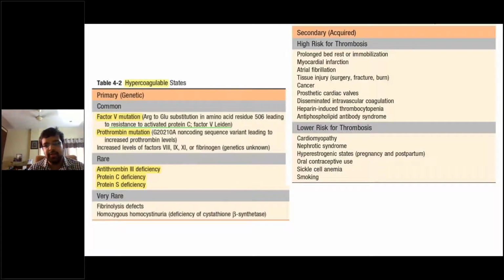So basically in pregnancy, again, the pregnant woman tends to be resting on the bed for a long time. Second, because of the abnormal pressure on the inferior vena cava, the venous return is decreased and there is stasis over the lower limbs. And also third, pregnancy is basically a hormonal state and especially increased estrogen. And estrogen is a known procoagulant state. So pregnancy and postpartum is a risk for thrombosis. Then oral contraceptive pills, OCPs, again have estrogen and increase the risk of thrombosis. Then we have sickle cell anemia and of course smoking. So this is a very important slide, and this table is very important to ask history for the patient of pulmonary embolism or DVT.